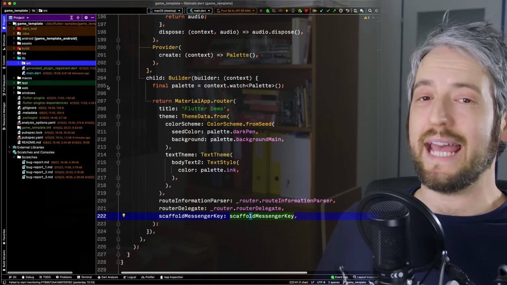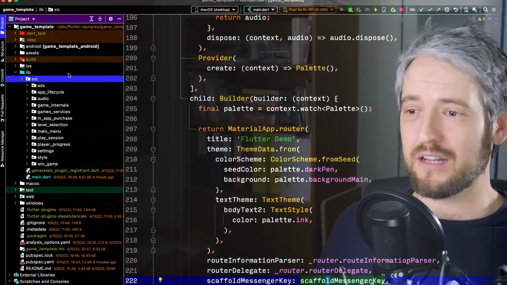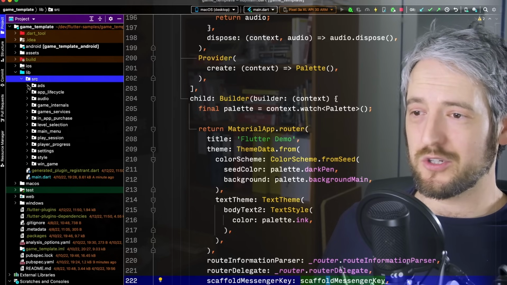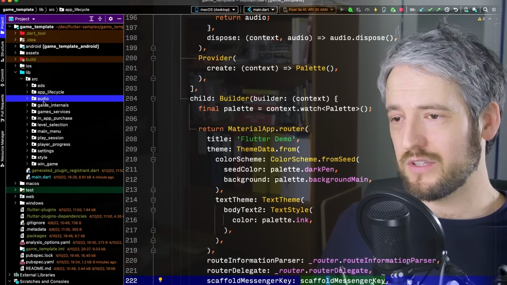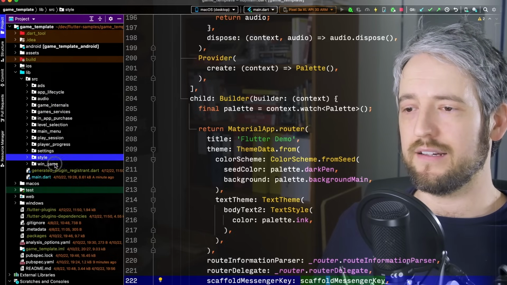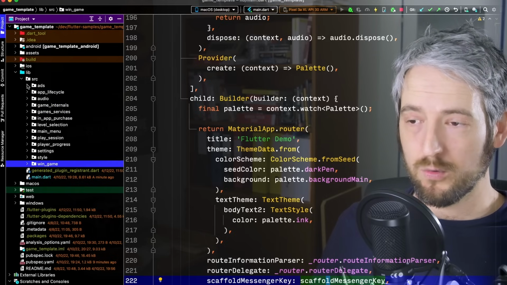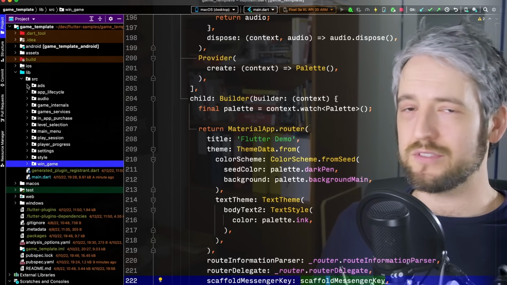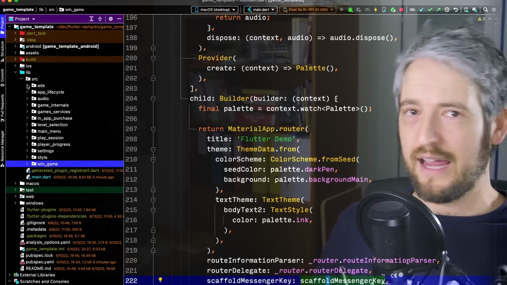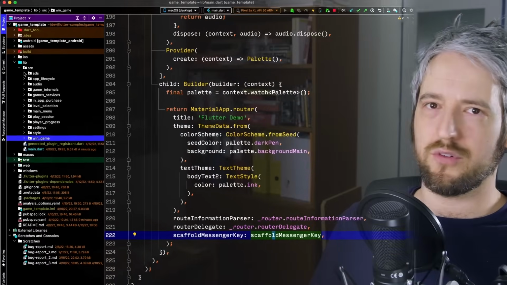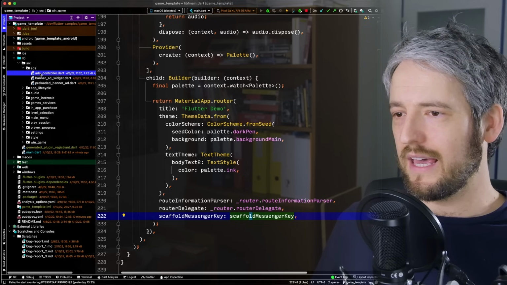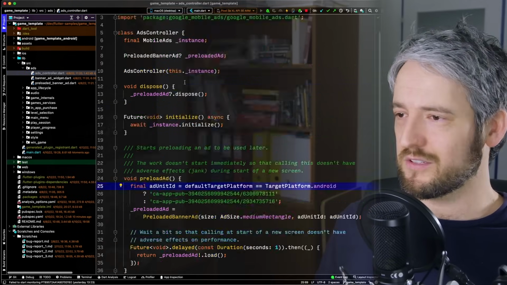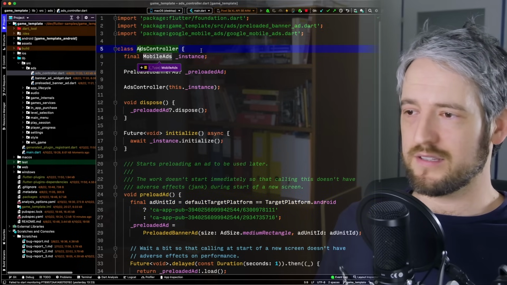Now let's look at the source of the actual different features. So I told you it's a shallow structure. It's basically just all the features that we have in the game, and they all have their own little directory in source, and that contains both the widgets and everything else that you need for these things. So in ads, we have the star of the show here, the ads controller, which is just a class